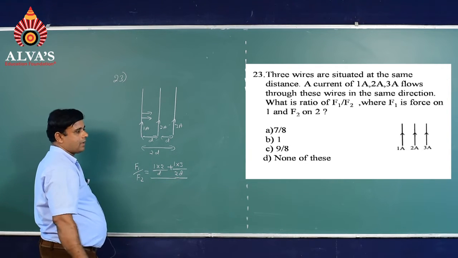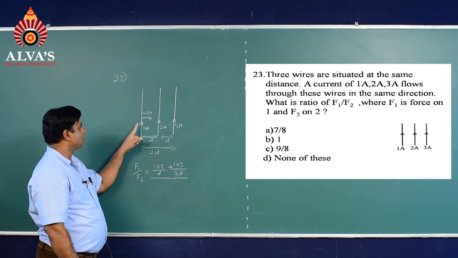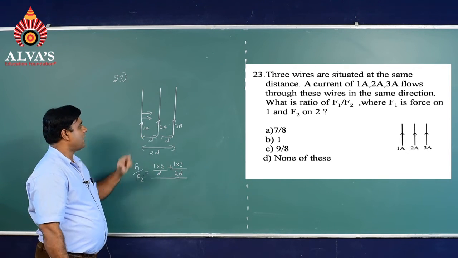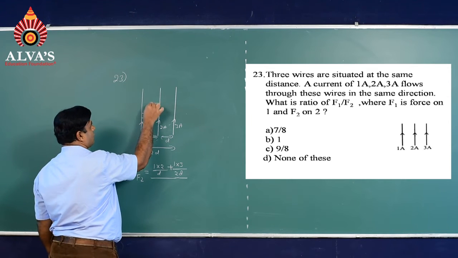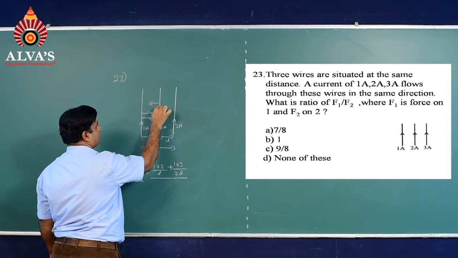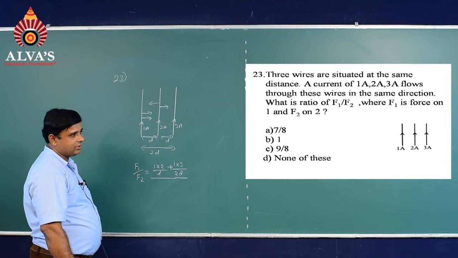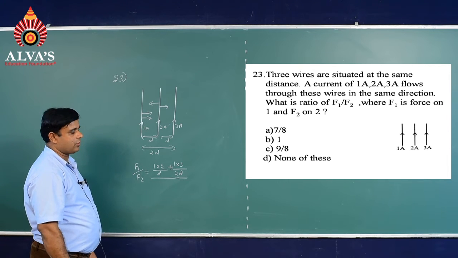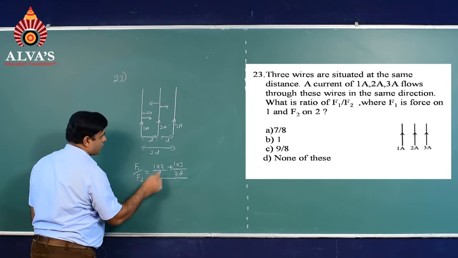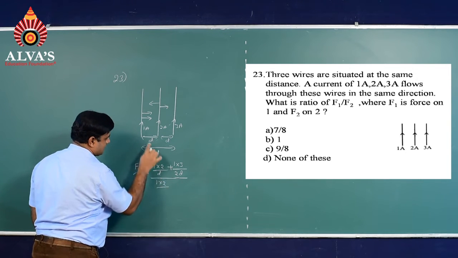distance is nothing but 2 times d. For F2, force on the second conductor, first and second carry current in the same direction, force should be towards the first. Second and third, same direction, towards the third. Therefore, these two forces are in opposite directions. Therefore, you have to find the difference, which is the product of the currents between these two. 1 into 2, distance is d,